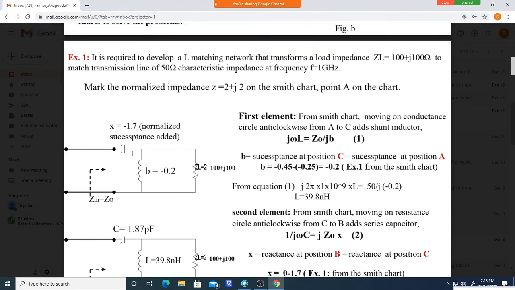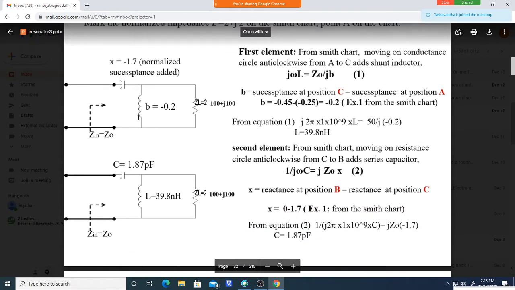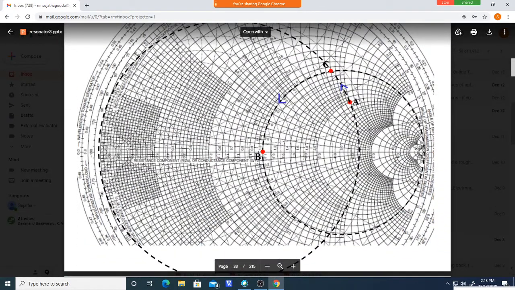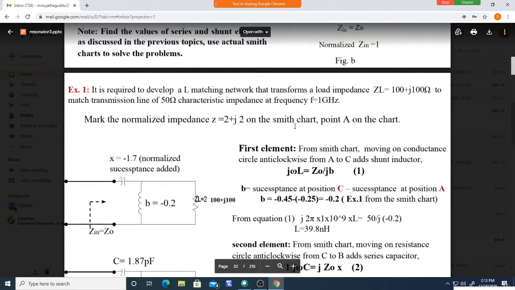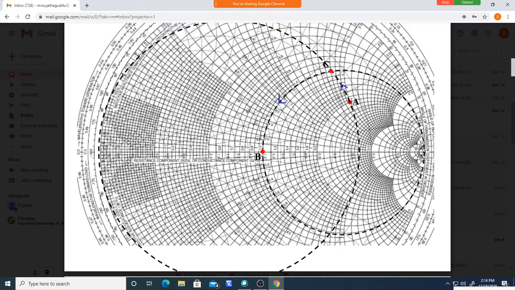So like that, we are bringing the impedance between these two terminals equal to 50 ohm by adding this and this. It may be any combination. I have written here an inductor and a capacitor, so that we can obtain it like this. First you mark the normalized impedance on the Smith chart here. I have marked it here. After marking the load impedance, what you have to do is move from this point over a resistance circle.